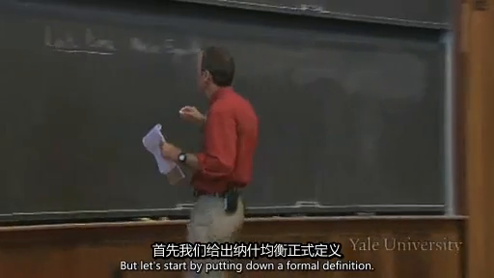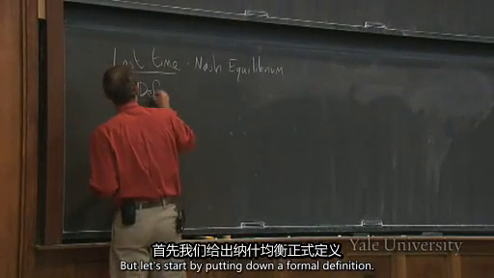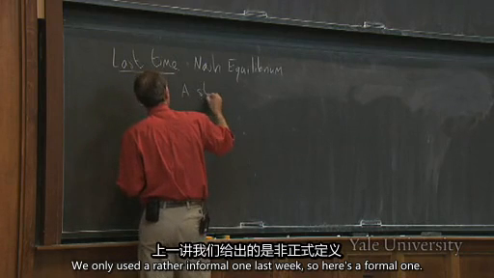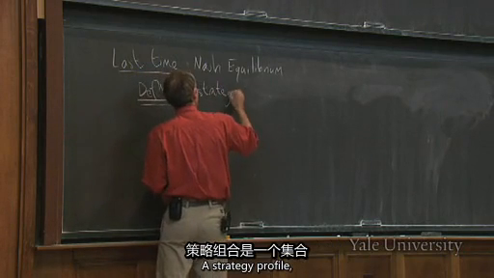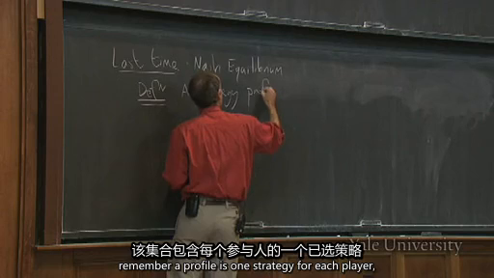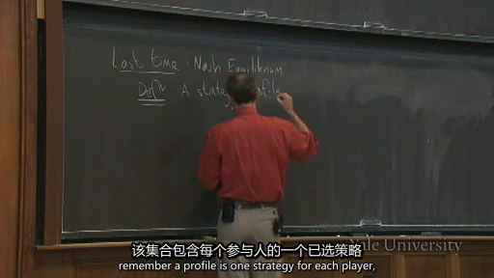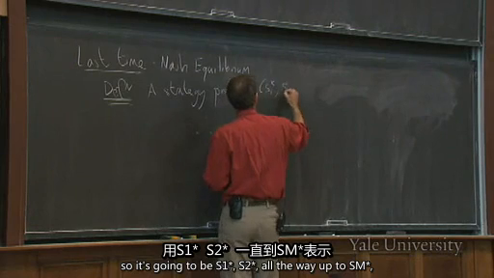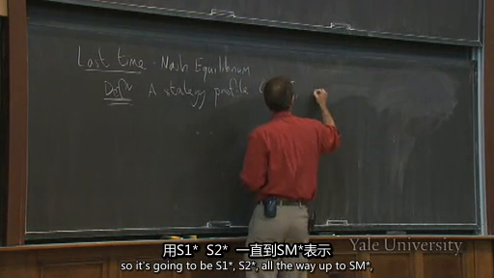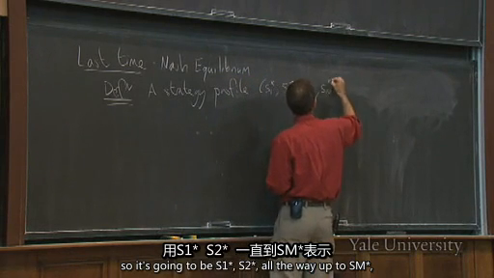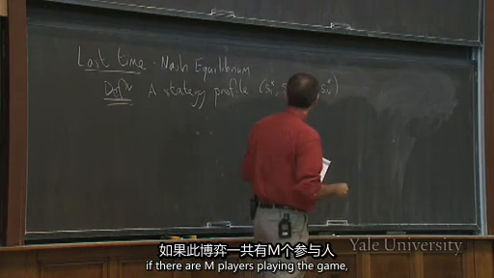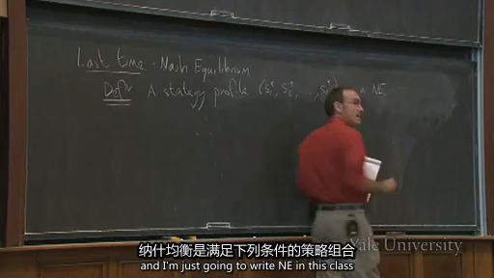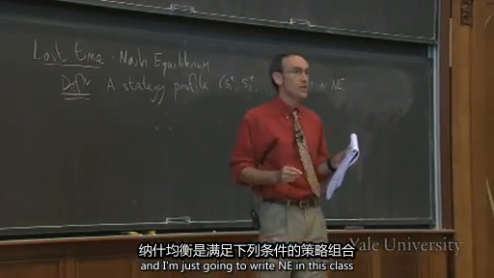All right, but let's start by putting down a formal definition. We only used a rather informal one last week, so here's a formal one. A strategy profile, remember a profile is one strategy for each player, so it's going to be S1 star, S2 star, all the way up to Sn star if there are n players playing the game. So this profile is a Nash equilibrium, and I'm just going to write NE in this class, the Nash equilibrium from now on,